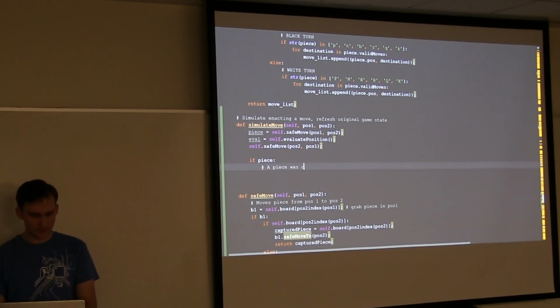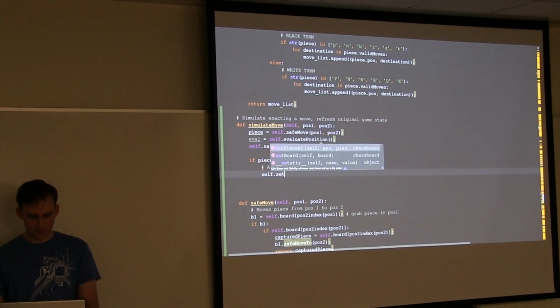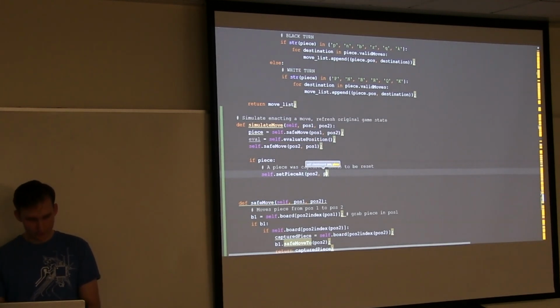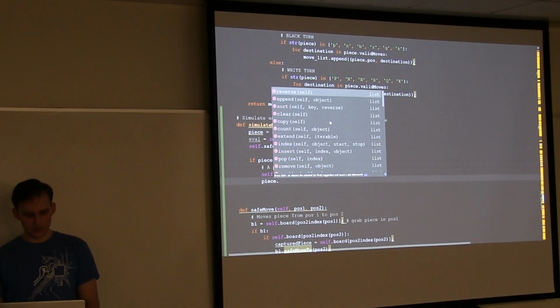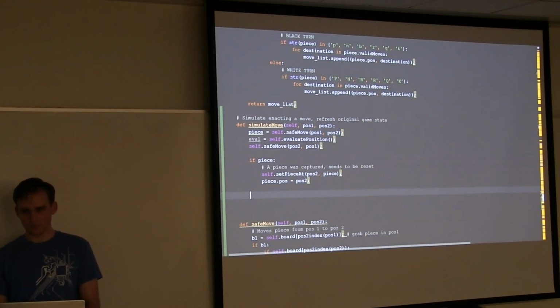The piece was captured, needs to be reset, and we're just going to call self.set_piece at position 2, what we just took. It's important to also update the position so it will render properly. From there we can just return our evaluation.